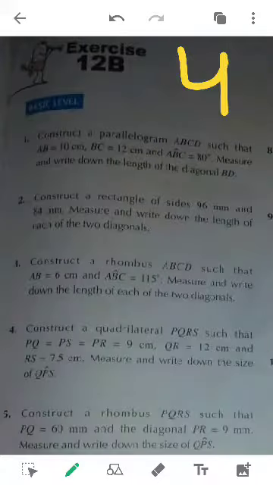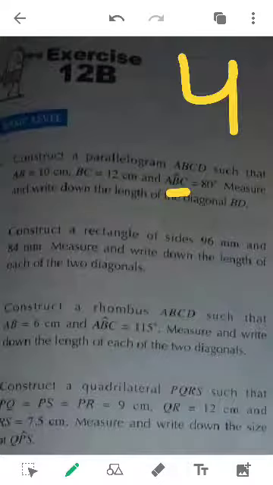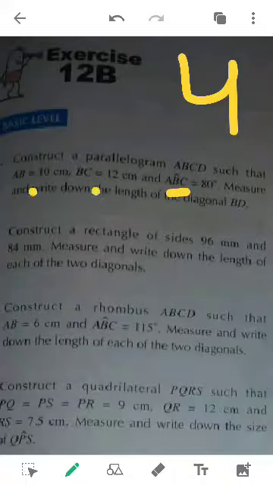You will draw one of these lines as a baseline, but make sure that whichever line is at the base must have the point B included in it, because the angle ABC means the angle will be drawn at point B. We have discussed in the previous exercise that an angle is drawn at the middle point. So if you have to plot an angle on B, point B must be on the base. In both of these lines, point B is there, so you can take whichever side. I will start with AB, although it's better to take BC at the bottom because BC is the largest side. But still, I will take AB as the bottom because I want to keep the parallelogram sequence in process.